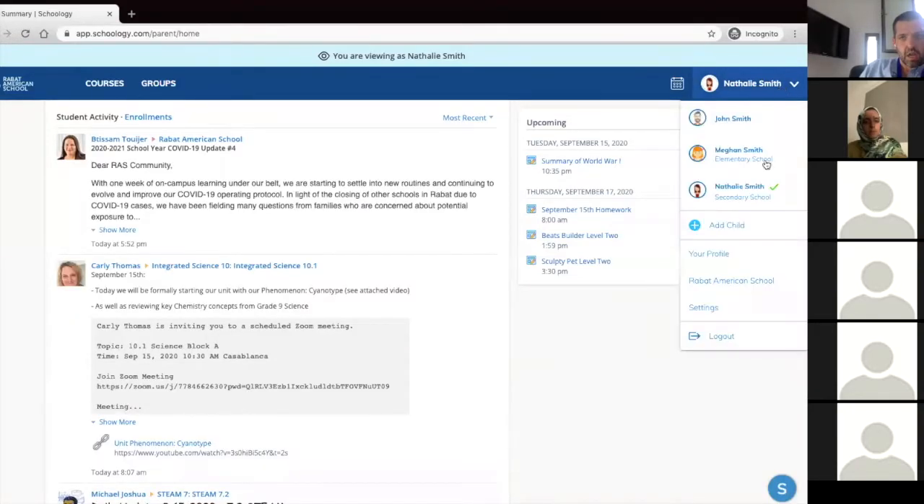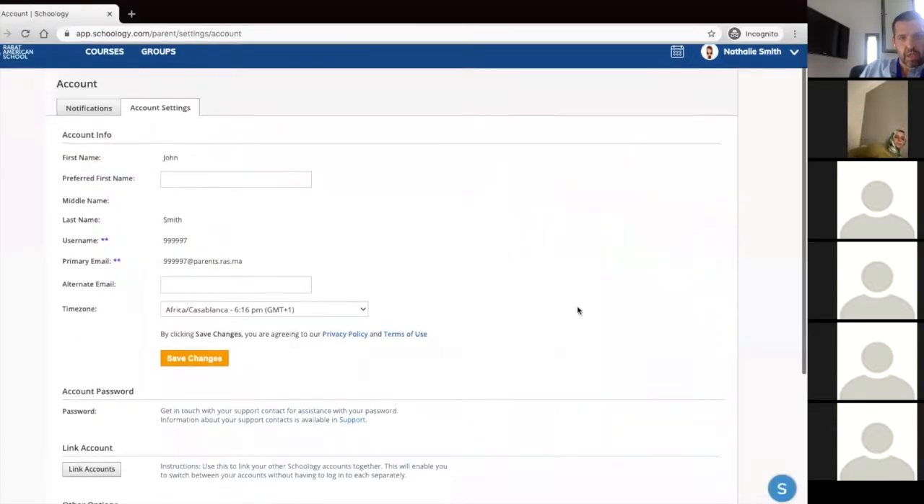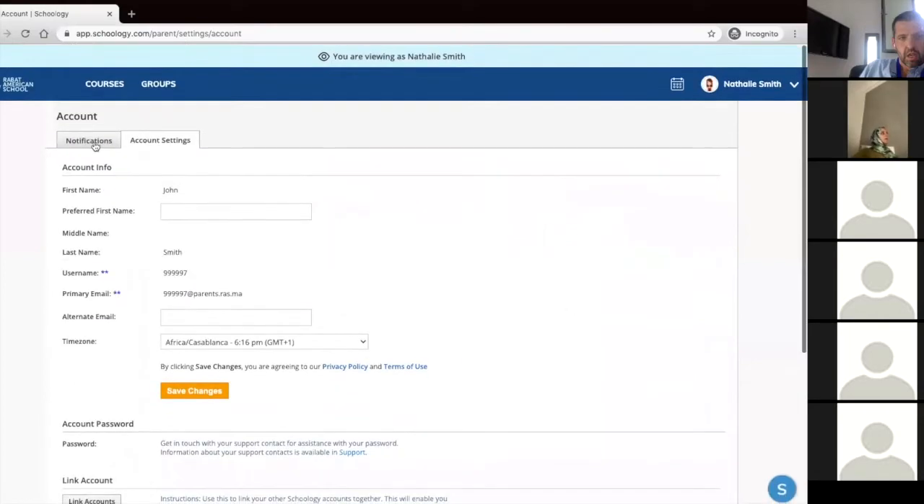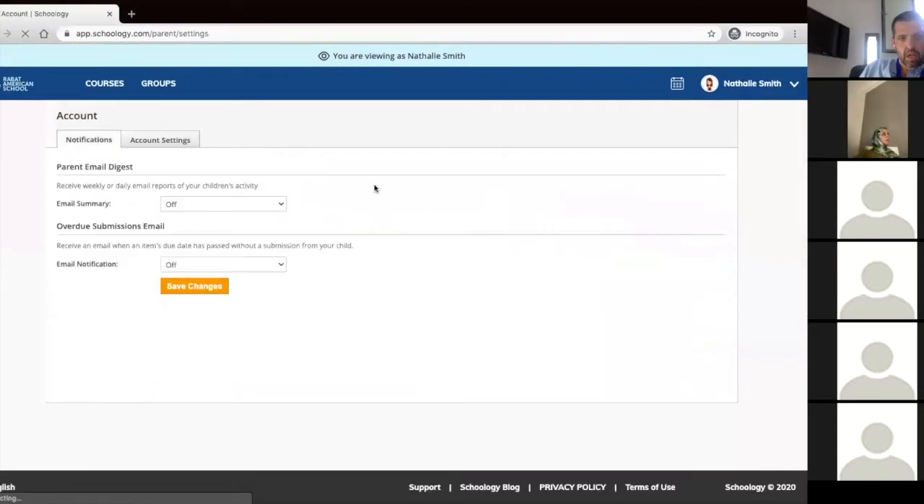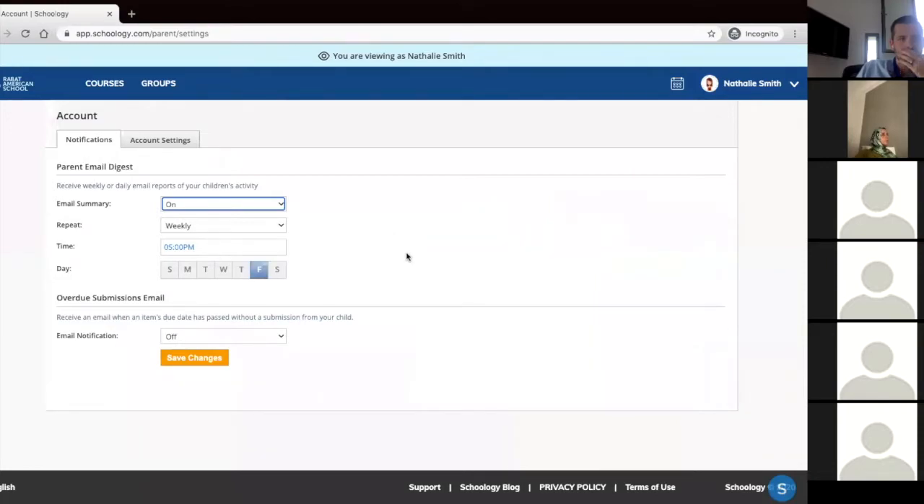Go back again to settings, and it brings you to another set of settings. Here you go, it changed. Can you switch to the notification tab? The email summary is set to off. If you set it to on, you can choose on a weekly basis whether you receive a digest only on Friday at 5 p.m. of the whole week, what happened, overdue